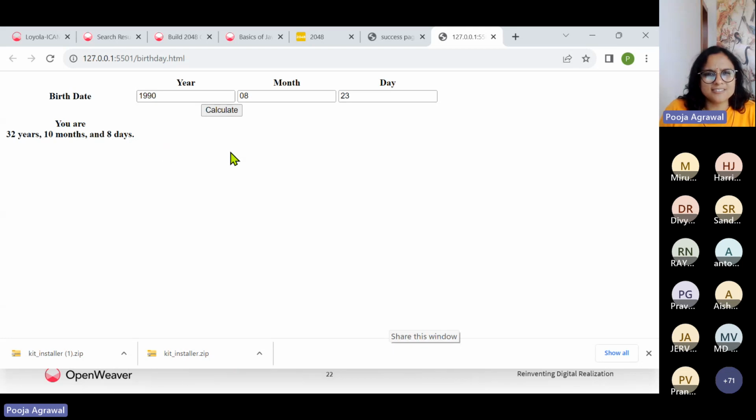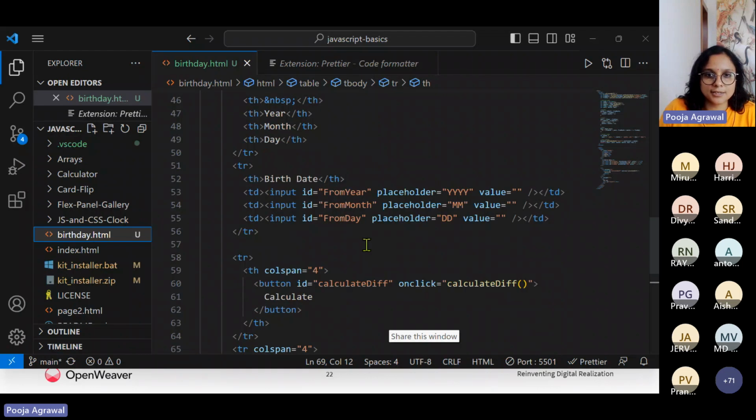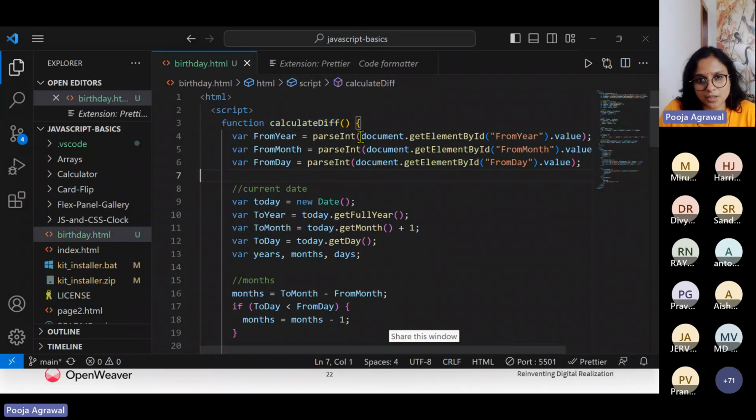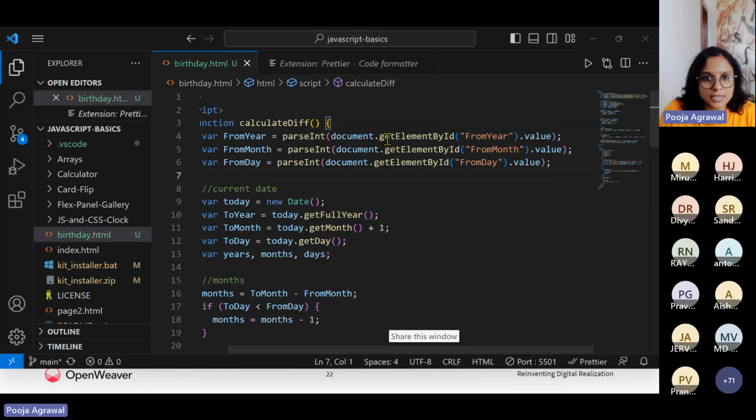All right. So this is a very basic age calculator, or let's say a birthday age calculator app, where you would see that a simple function called calculateDiff has been created. And then there are three such parsed elements created: from year, from month, from day.